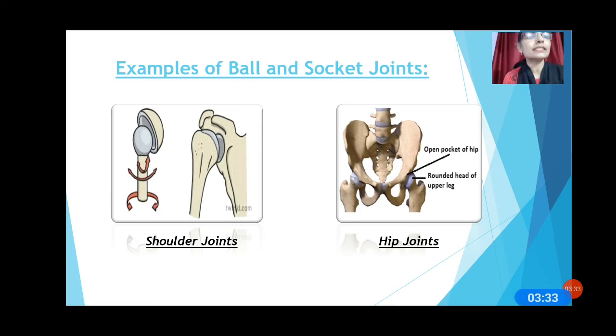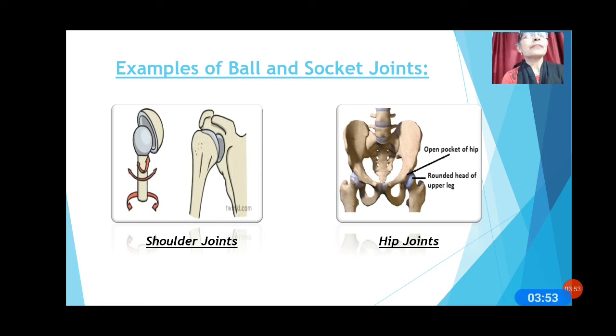Another example is the hip joint, which is in the lower part of our stomach. Here you can see the open pocket of the hip and the rounded end of the upper leg. So these are the two examples of ball and socket joints.